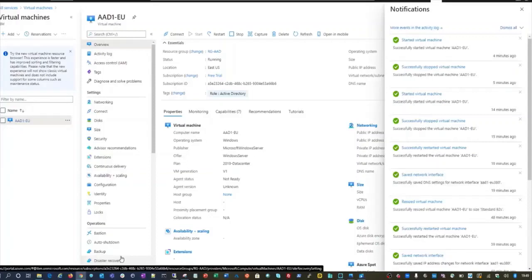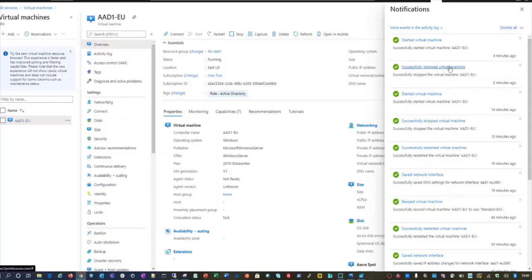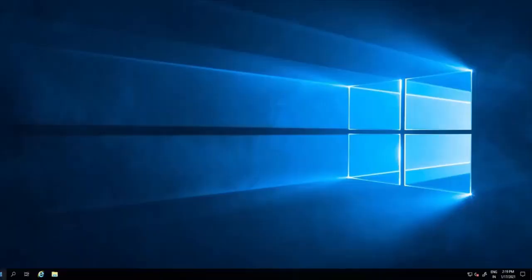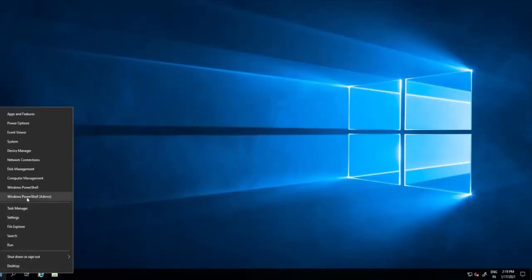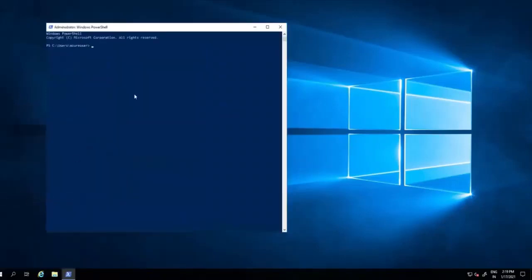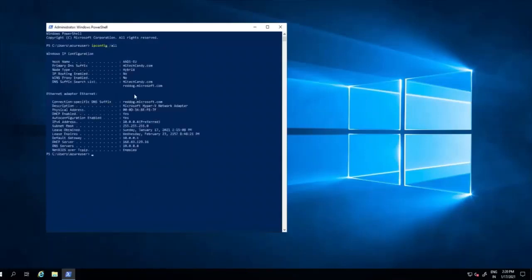Welcome back, guys, again. So now you can see we have successfully stopped the virtual machine, deallocated it, and started the virtual machine. So let's head to our VM and see if we are able to set the primary DNS server, and we will also check the result of NSLOOKUP. Here I am going to run the same command, an all-rounder command used worldwide. Here we can see the primary DNS server is the same as the server IP, because this server is the DNS server.